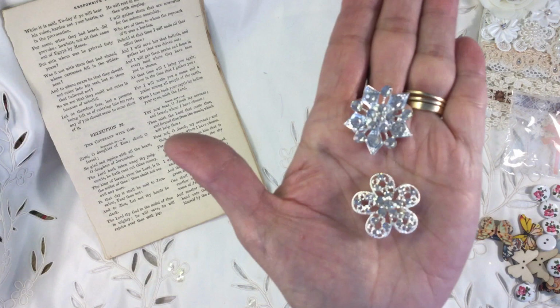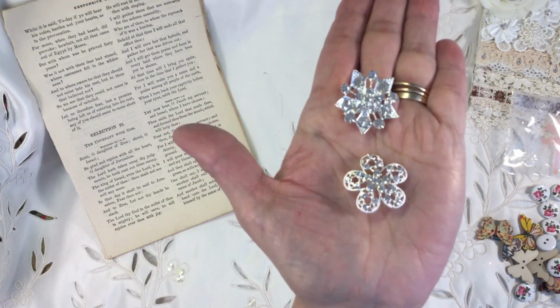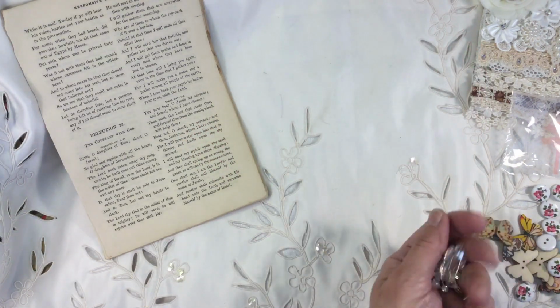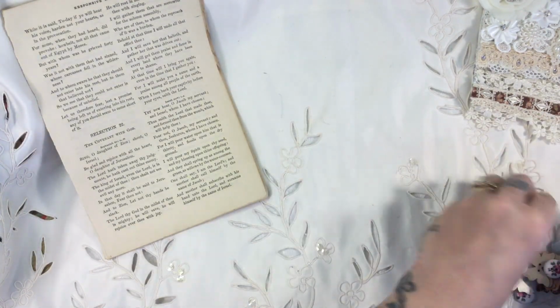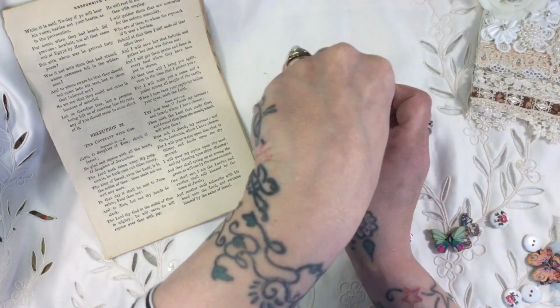So what I'm going to do is make a couple of things up over the next week or so, and hopefully get back to you as soon as I can. I'm going to use what Kim has sent me, and I really want to thank you again, Kim, for asking me to participate in this, because I really am looking forward to using your beautiful bits and pieces